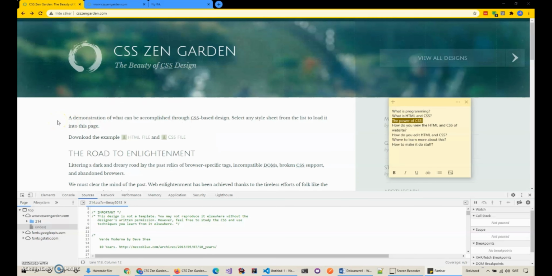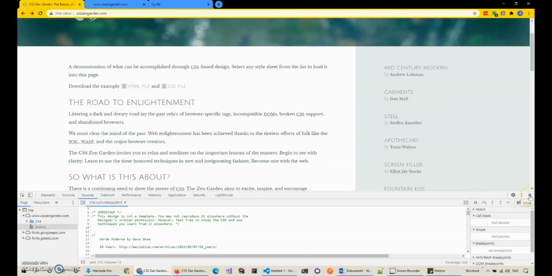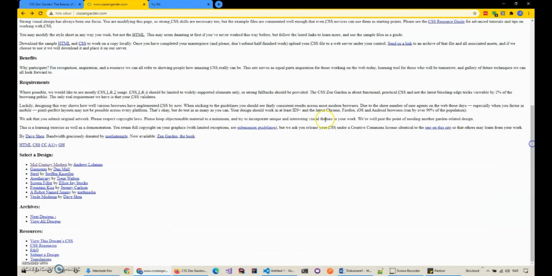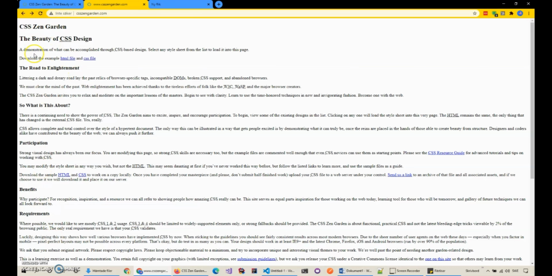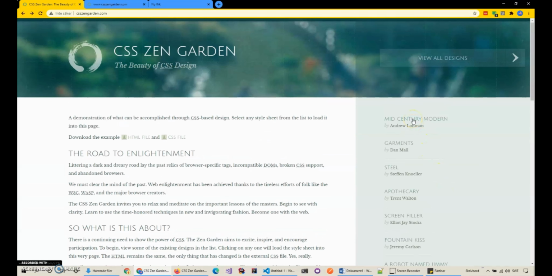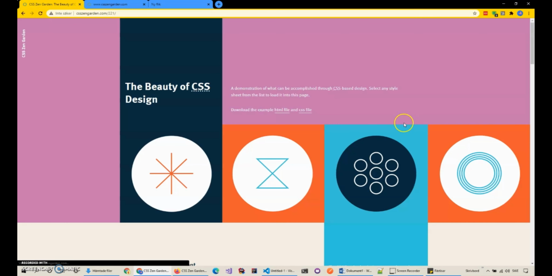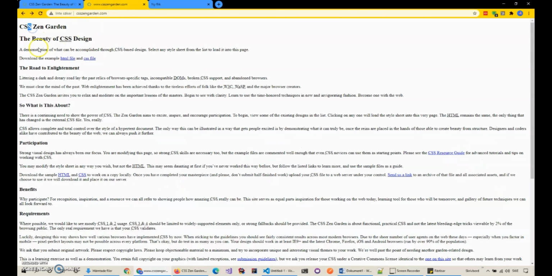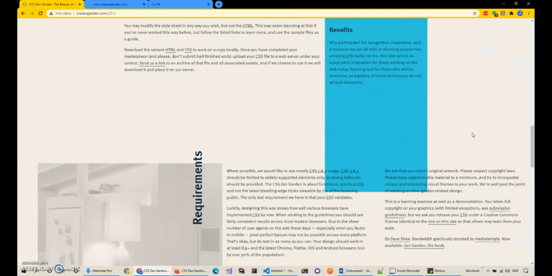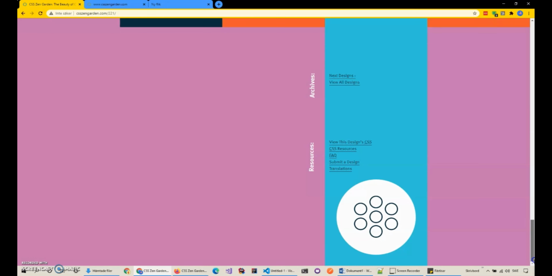This page is a page dedicated to CSS and showing you the power of CSS because it has the same HTML. So this is the text in the page, but it only has different CSS. So let's take a look at this next. So you see here is the same content, same title, same text, exact same items, but it looks totally different. It's a totally different page or design.